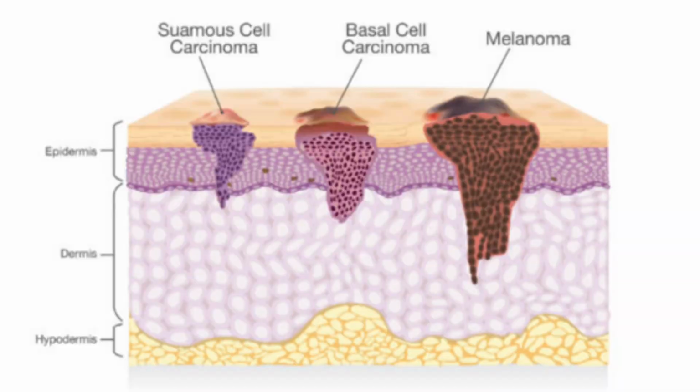There are three basic skin cancers that require attention. One of those is squamous cell. The second one is basal cell carcinoma. And the third one, which has a lot of notoriety, is melanoma. So for purposes of this discussion, I will focus on melanoma. And what I really would like this video to help you with is identify and figure out when you need